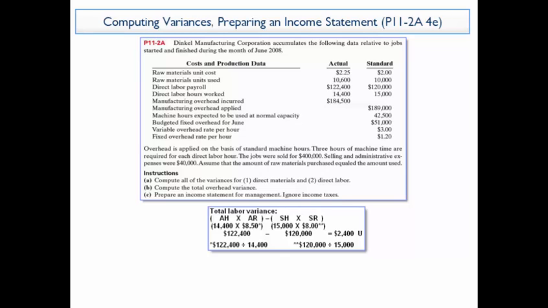And we calculate that by taking 122,400 of direct labor payroll dollars and dividing it by direct labor hours worked. So we wind up with $122,400 of actual direct labor cost, and then we compare it to the standard hours, which was 15,000 times a